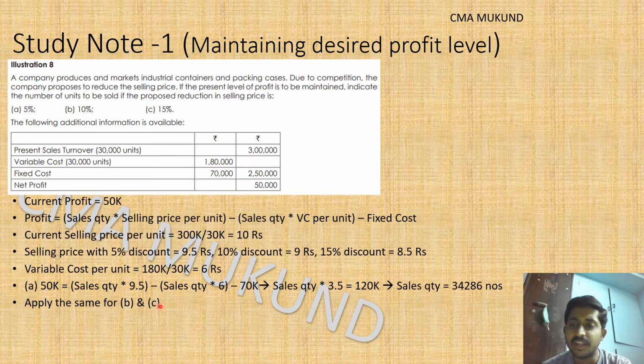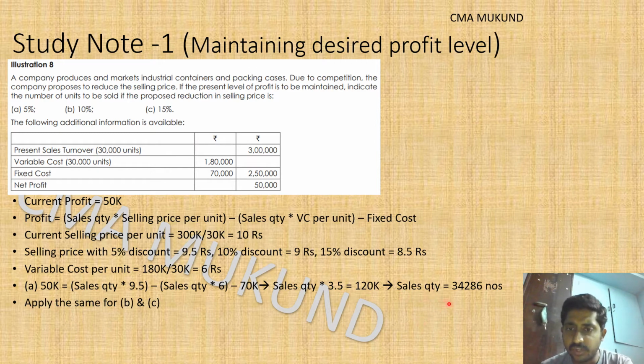Okay, so this is a high level check that you have to make, because sometimes when you are thinking about something else in the exam, you may end up making a simple wrong calculation and getting a wrong result. So you have to have some checkpoints. So there is a very simple checkpoint here. In all these three cases A, B, C, the discount in the selling price is in an increasing trend, which means the quantity you have to sell to achieve the same level of profit is also going to be in an increasing trend.